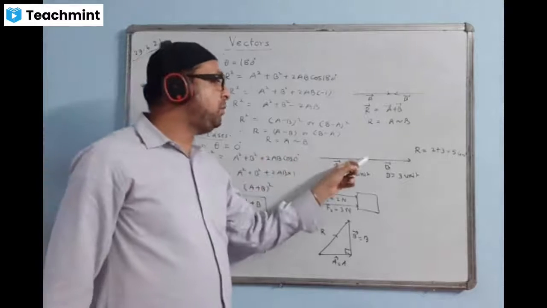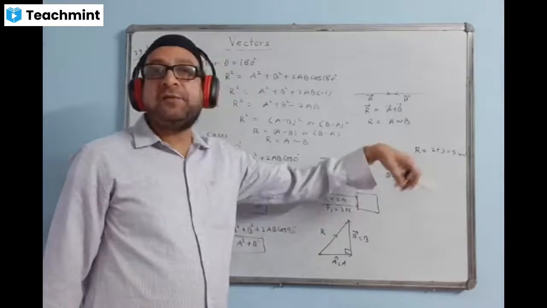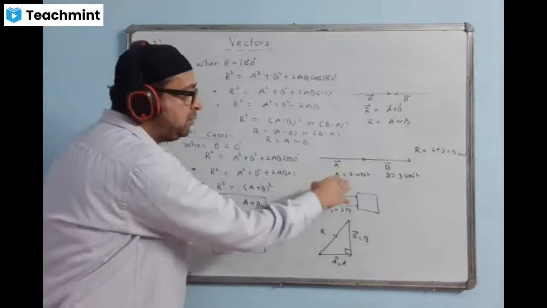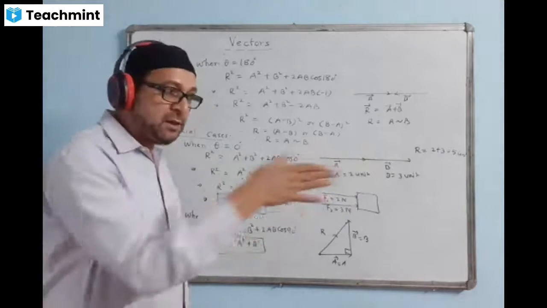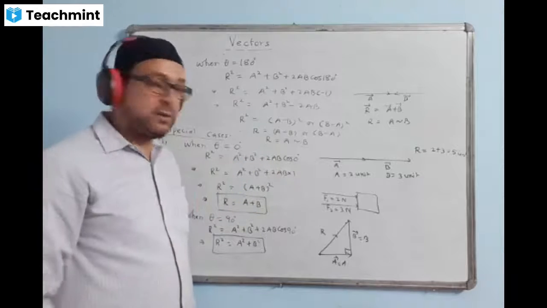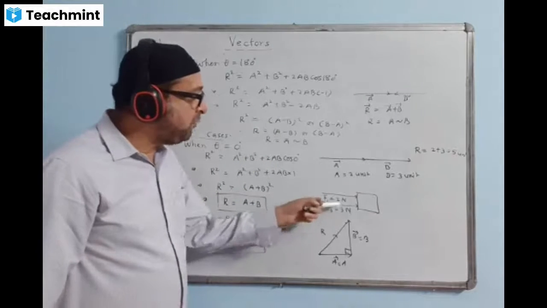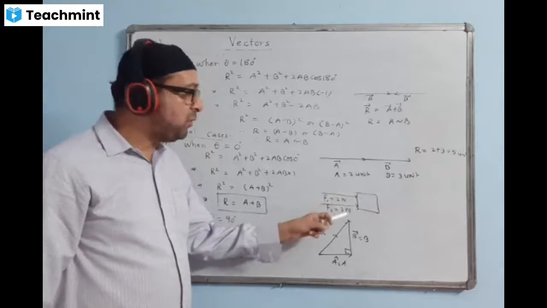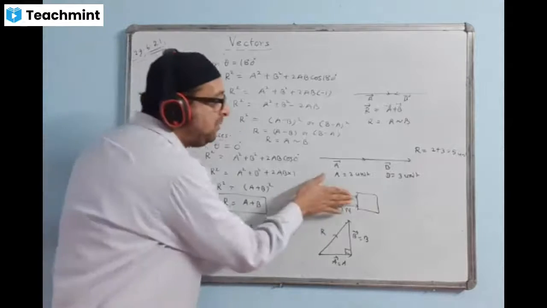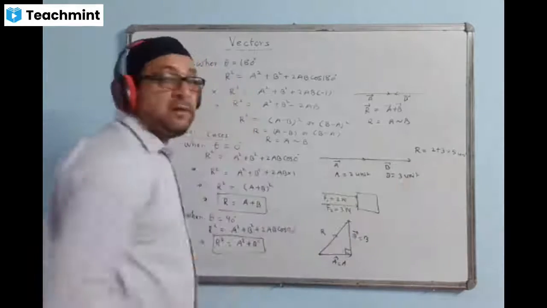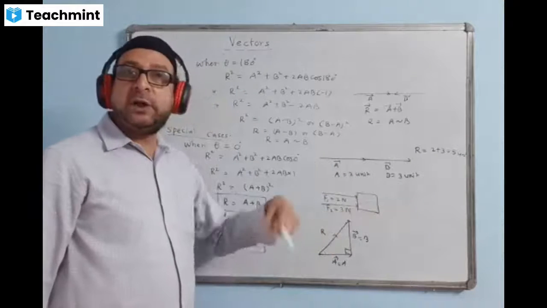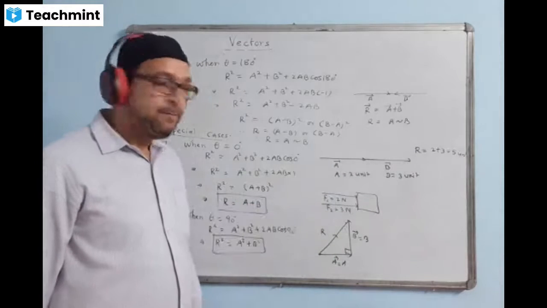Suppose this one is 2 meter, this is 3 meter in the direction of east. So the resultant will come by addition, 2 plus 3, 5 units towards east. In the same direction, the direction of the resultant will be the direction of any one of the vectors. If 2 Newton and 3 Newton force are acting on a body, in what direction will the total force act? 2 plus 3, the value of that total force will be 5 Newton, but the direction will be to the right side. If it is east, we write due east, towards east.